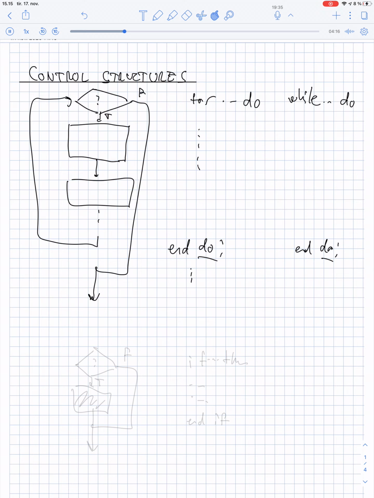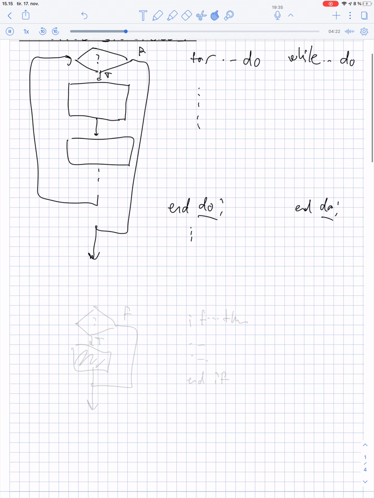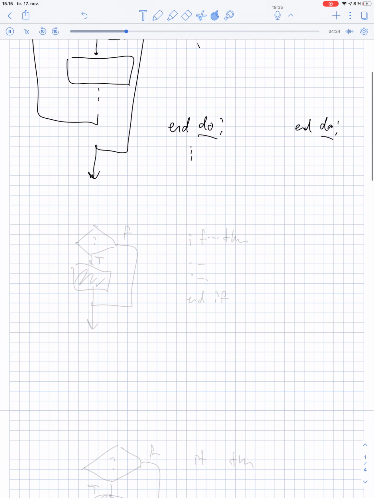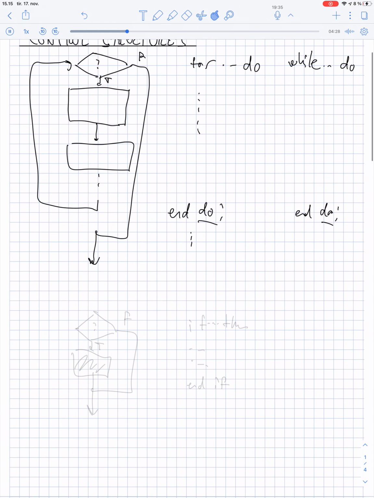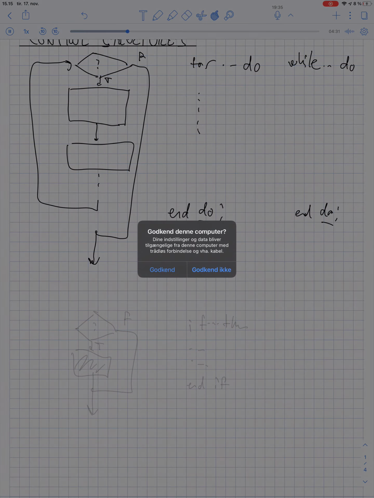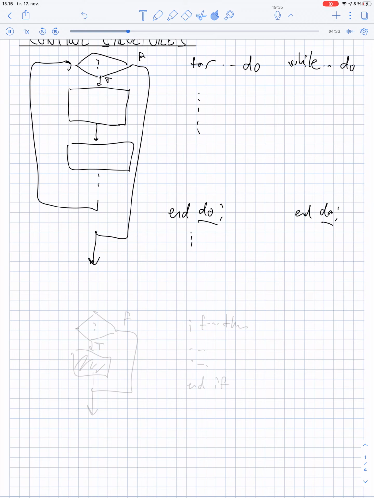And then, of course, as you can read in the book, there's all kinds of things that can go wrong. In particular, if you have a while setting, then maybe if you're not careful, it's impossible for your program to make the statement false, and then you'll be running in an infinite loop. This will not happen as easily with a for loop, but actually you can also, as we give examples of, put yourself in this kind of situation. So, of course, an infinite loop is